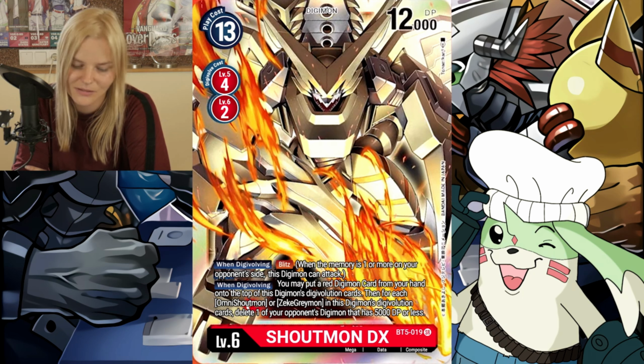Red in general struggles, but it's such a fast deck that you might be able to sneak away a win by getting rid of their security so fast. But the really exciting thing for me is that Shoutmon DX is one of the first new set of cards introduced in this set. They can Digivolve from 2 different levels. So it could Digivolve from a level 5, and then it could also Digivolve from a level 6 for only